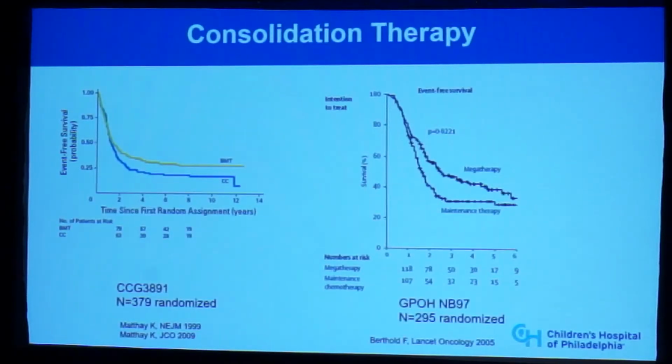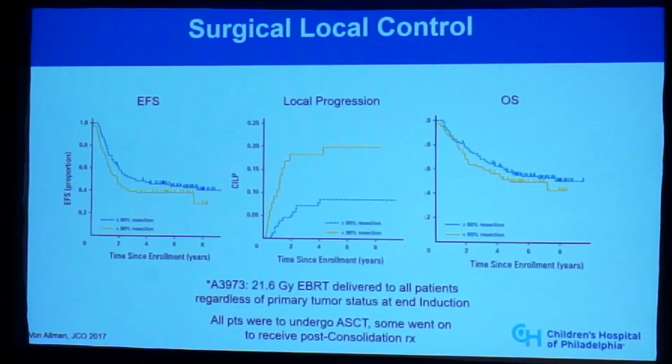I think ultimately I and many of my colleagues draw from this the surgical issue that probably when we think about this in its entirety, the best safe resection may make the most sense. So an aggressive resection, but one that preserves organ function so that patients can tolerate the consolidation therapy that I'm about to talk about, as well as the post-consolidation immunotherapy as well. Certainly, there can be more discussion on that point.